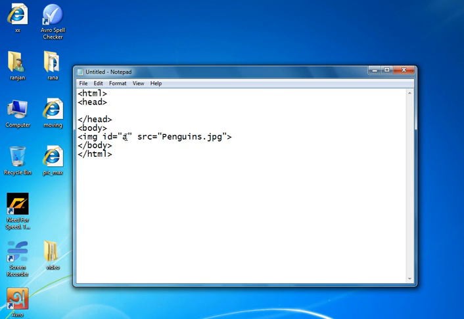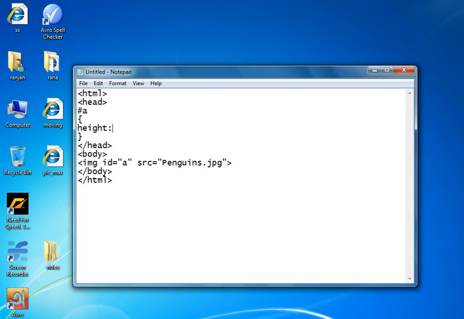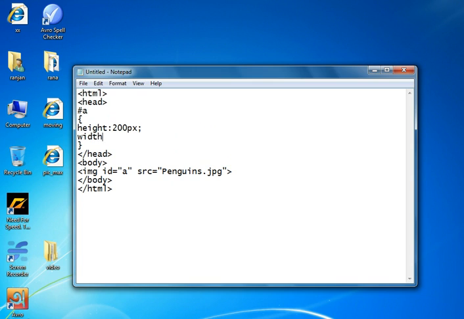So the identification value of the image is A. That is the reason I have used ID in this section. That is the reason I have to use hash A, because hash is used for ID. Height 200 px and width 200 px.